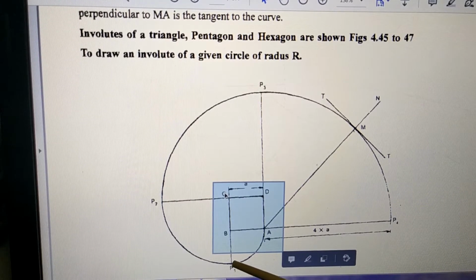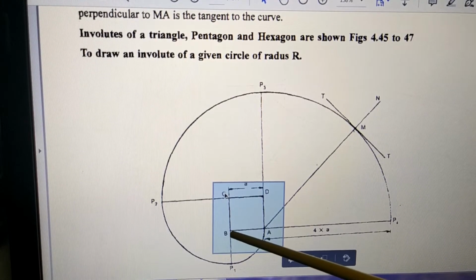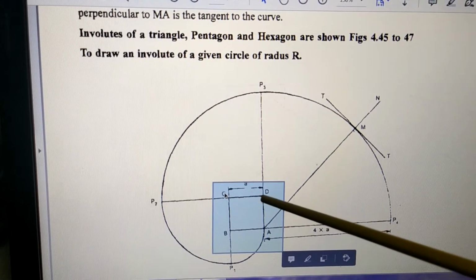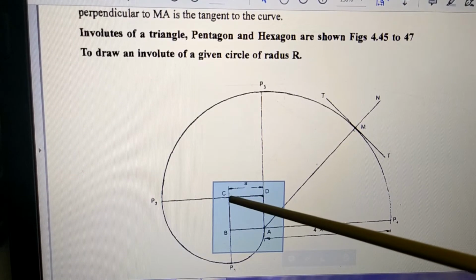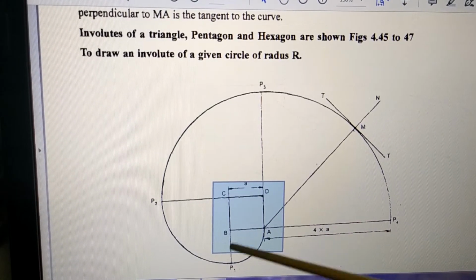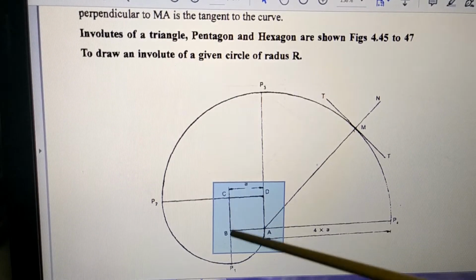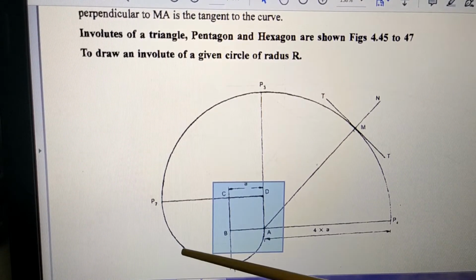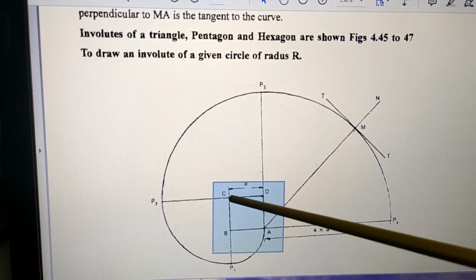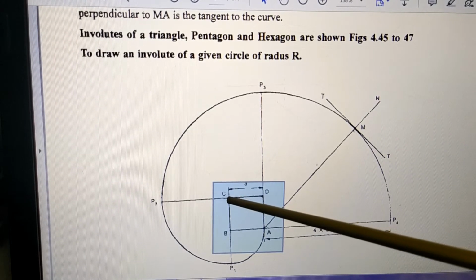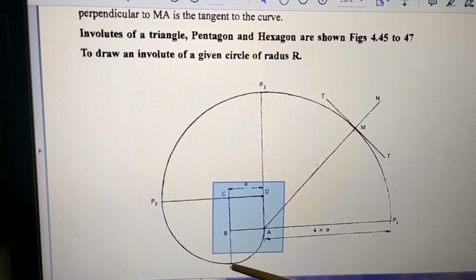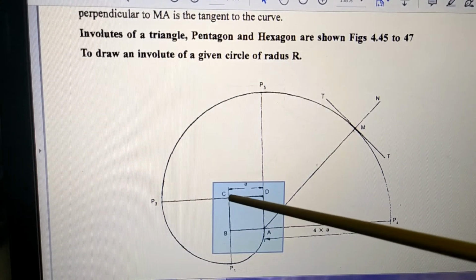After P1, what happens? Now if you move further, the radius will change. The center is now not B, the center is now going to be C. The center of the circle is now going to be C, and the radius of the circle is going to be C to P1. So with this much length, this becomes the radius, and the pencil goes like this, and the center of the circle is here. So this C to P1 becomes the radius, and you draw part of a circle from here to here with the center at C.